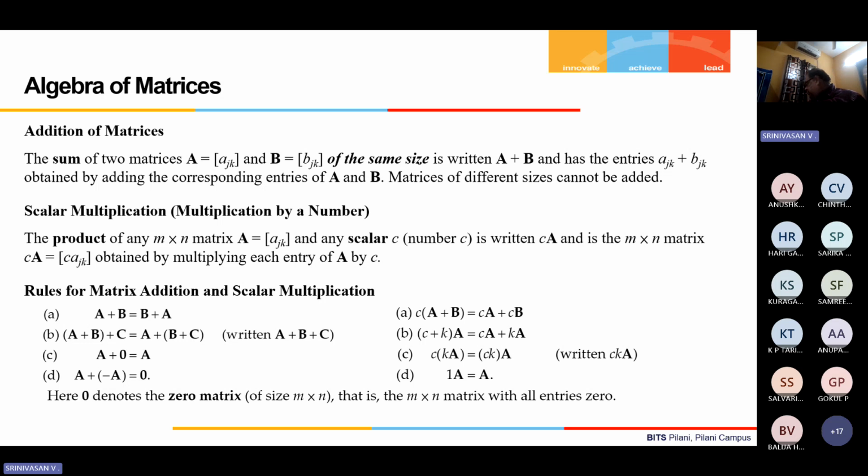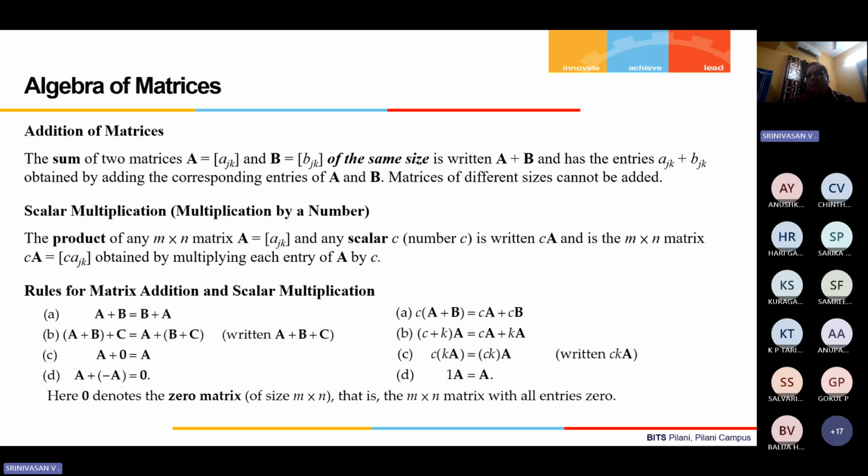Zero matrix. It is represented by capital O, isn't it? So A plus 0, that is A plus O, equals A. A plus minus A will naturally be equal to O, which is also the zero matrix. Okay. So here again, C constant into A plus B